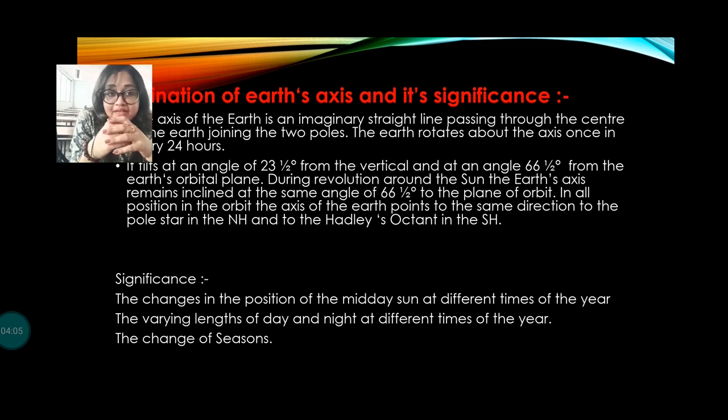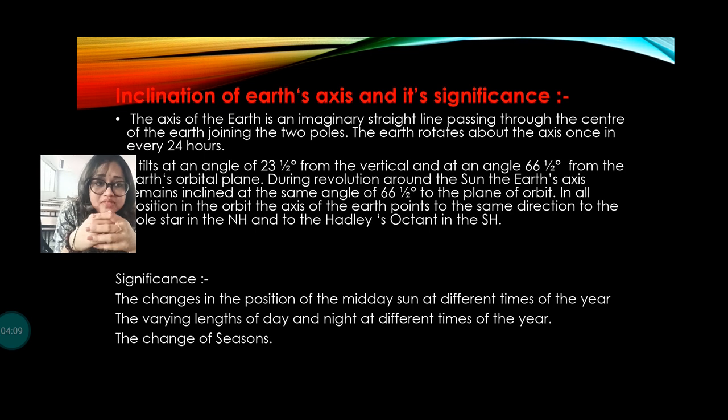So the axis of the Earth, as you know, is an imaginary slanting line which passes through the center of the Earth and joins the South Pole and North Pole. Okay, these two poles. So the Earth rotates about its axis, and every 24 hours, not exactly 24 hours, it takes 23 hours 56 minutes and 54 seconds. Okay, and it is tilted at an angle of